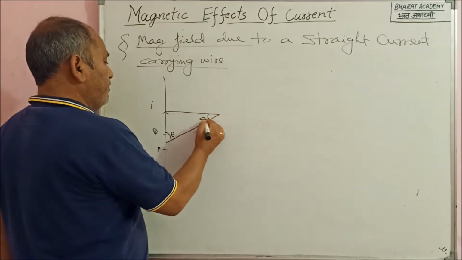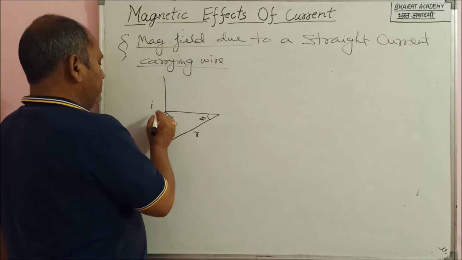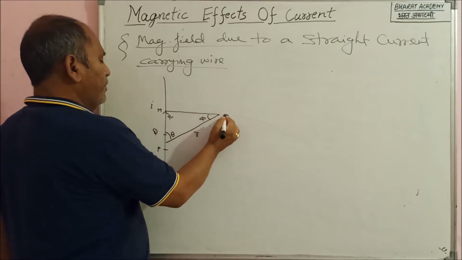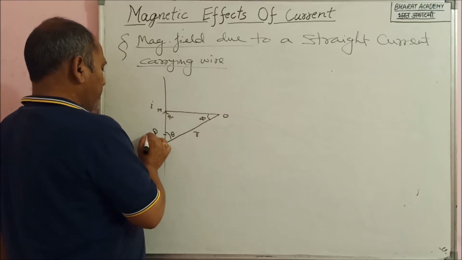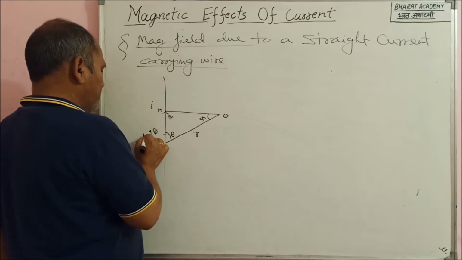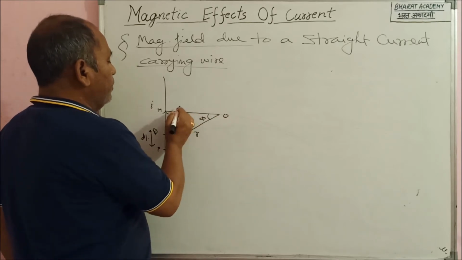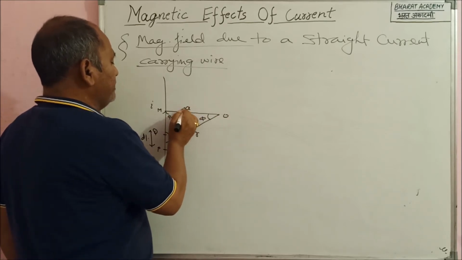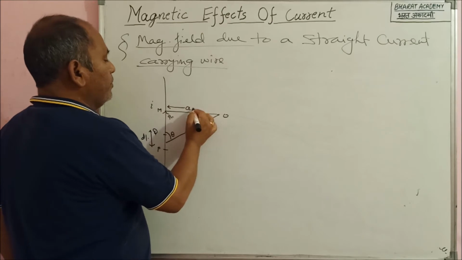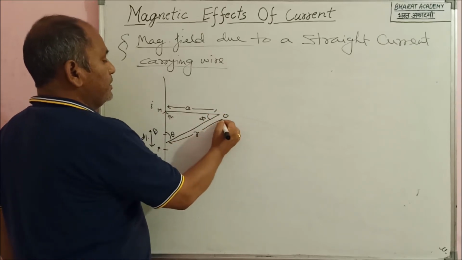Let this angle be phi. This is 90 degrees. Let it be MO like this, and PQ is the small segment whose length is dl, right? And this length O to M, let it be a, or whatever you want. This is r. In the basic geometry we have to do,